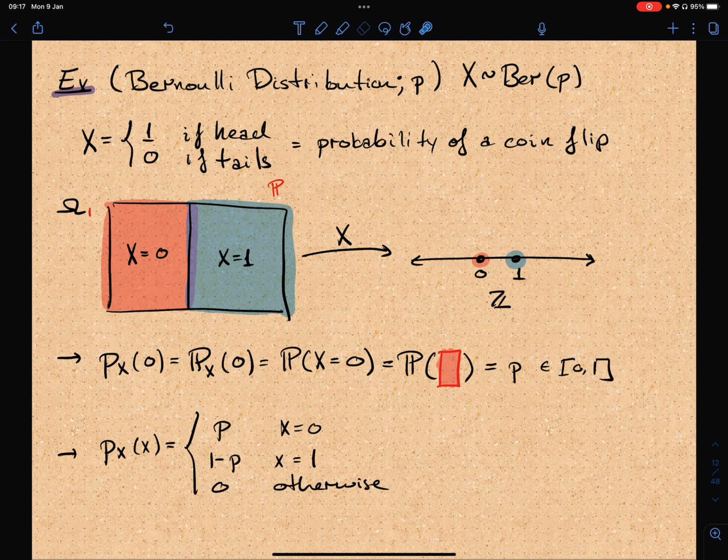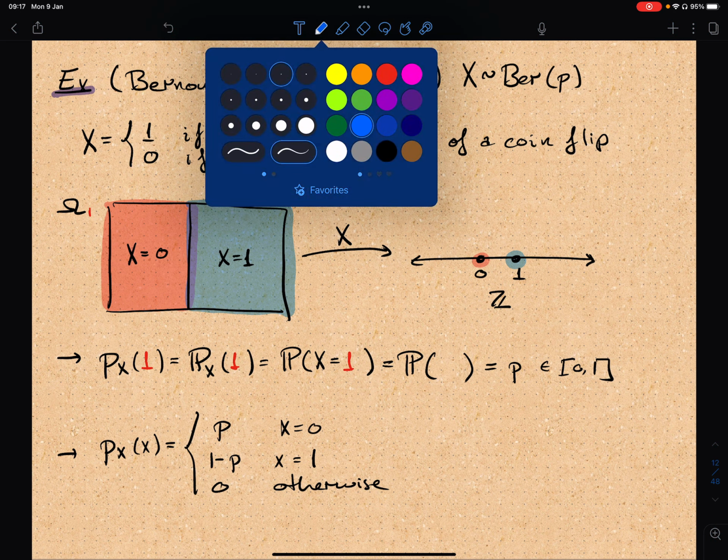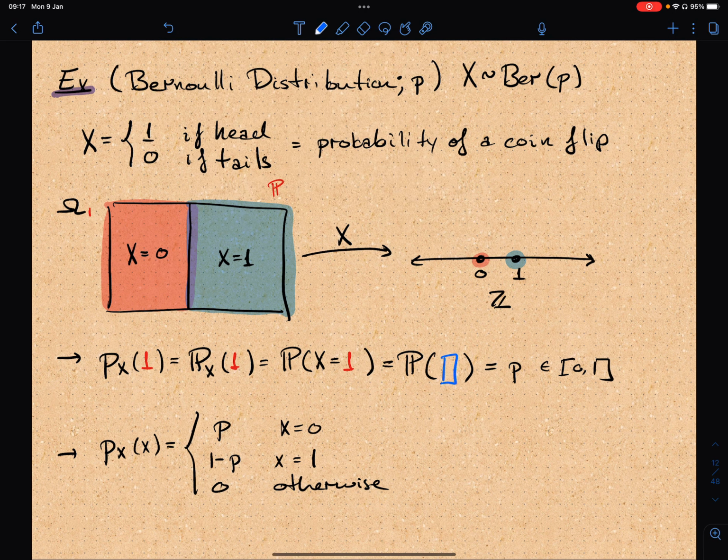But actually, I think the convention really is that if we think of 1 to be heads, to be a success, then this really should be this way, conventionally. And then this would be this, and then this should be this. And here, I want to switch this. So 1,